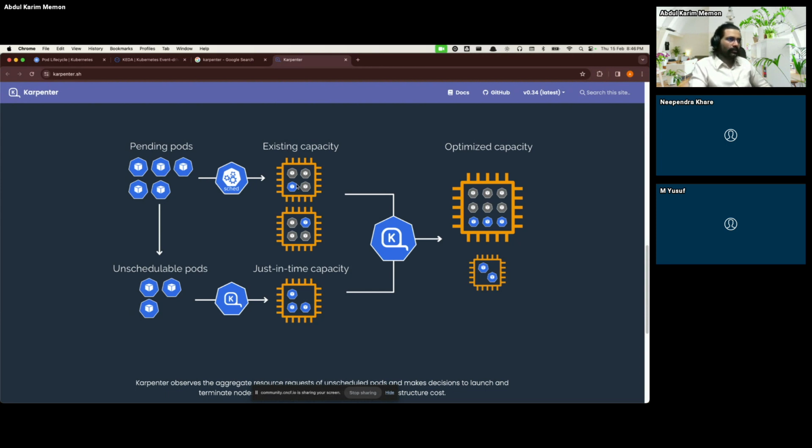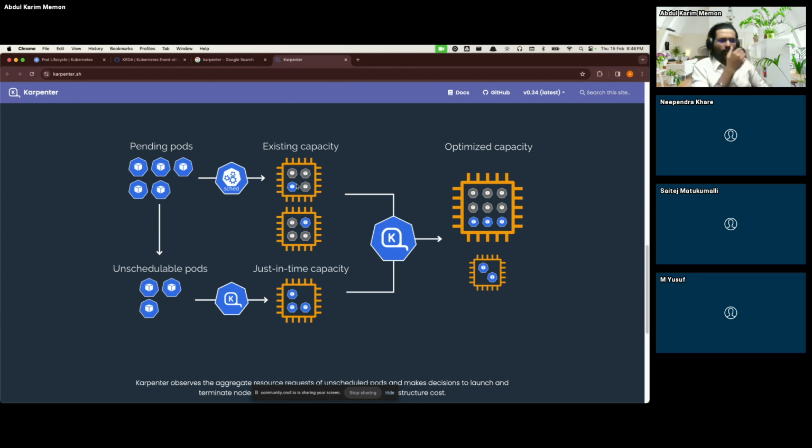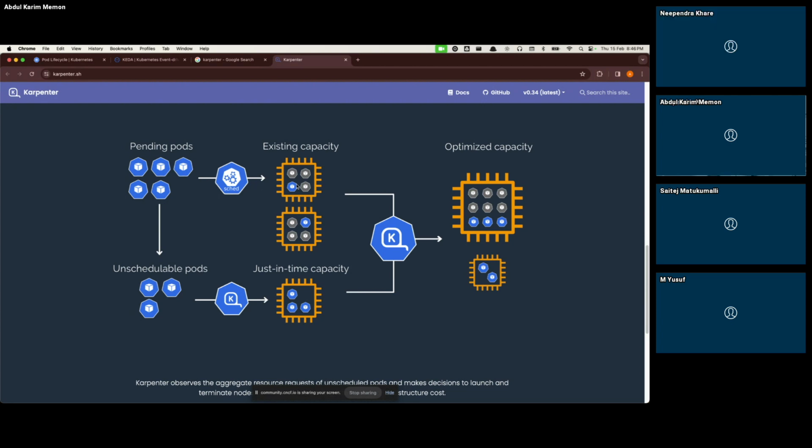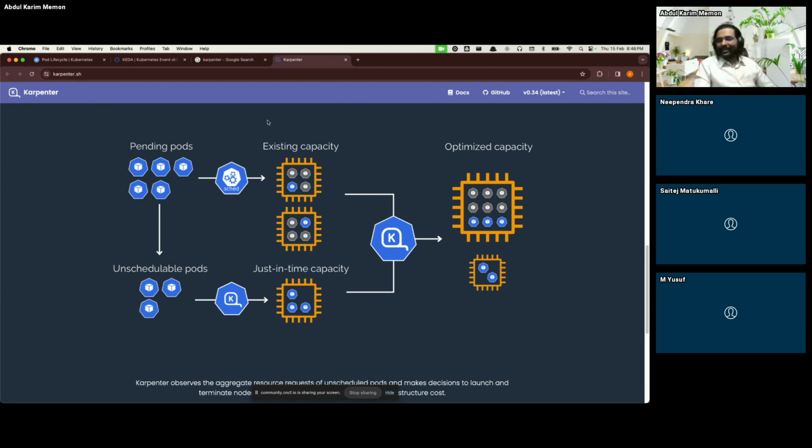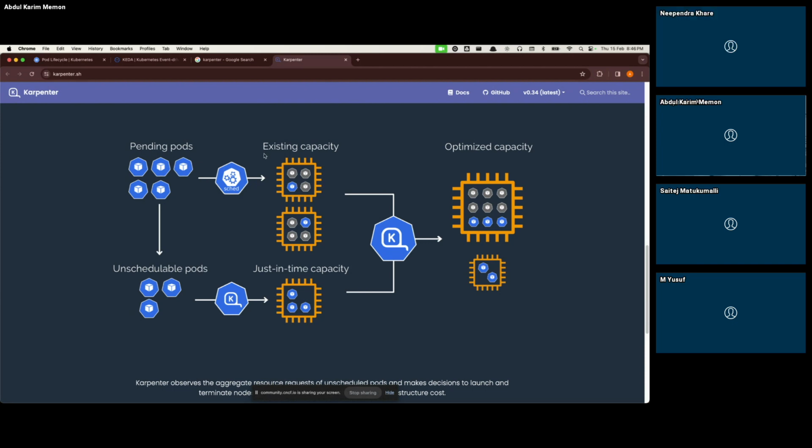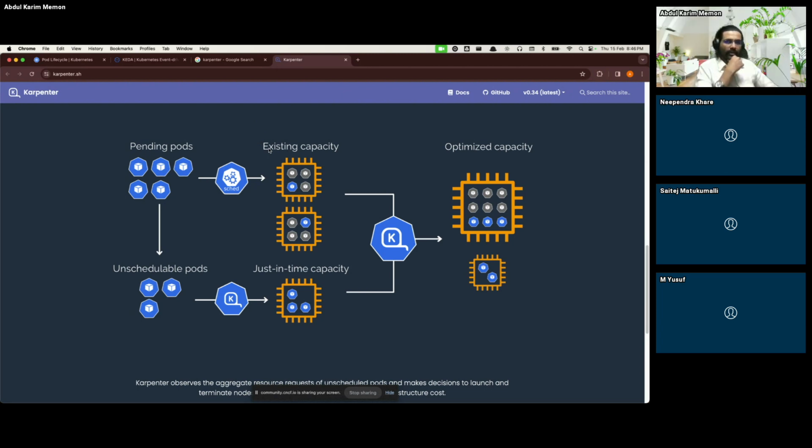Got it. I think it does a lot more. With Keda or Carpenter? Sorry, Carpenter, my bad. Yeah, correct. Carpenter. I think it does a lot more. It also does descheduling. Usually what happens is when the scale up and scale down is significant,